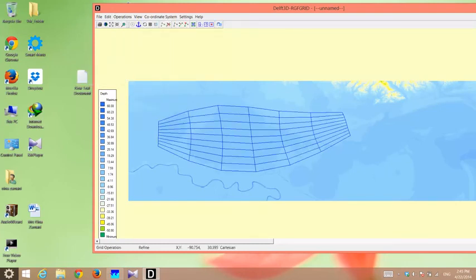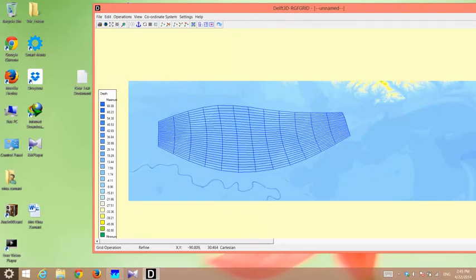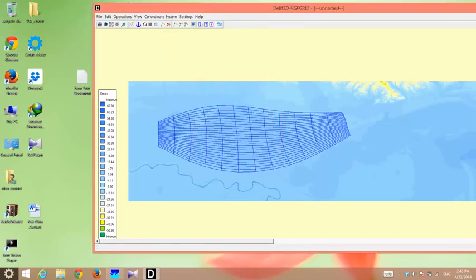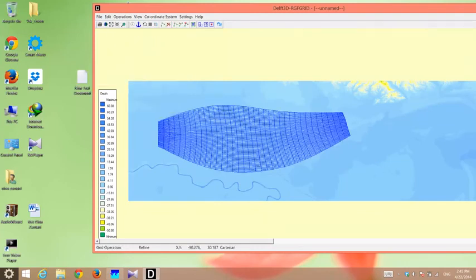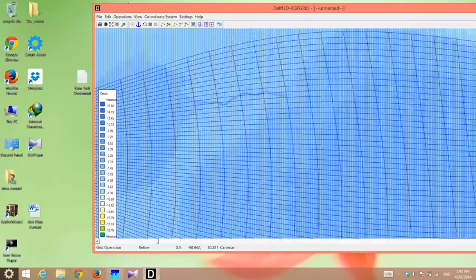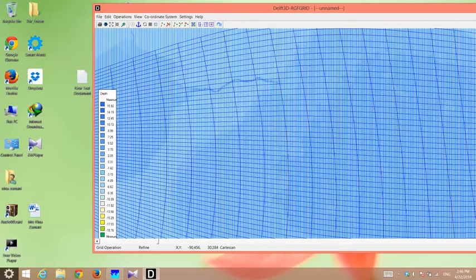Here's another grid, and then again operations, refine grid, and here's another one. It's not gonna look really good, so I have to improve it by changing my refinement factors. So let's say I change it by 2 and 2 or 3 and 2, and then again I refine it again. As you see, it's getting a little better, but it has some stuff that needs to be fixed. For example, this area here on Lake Morpa is not covered by any grid at all, but